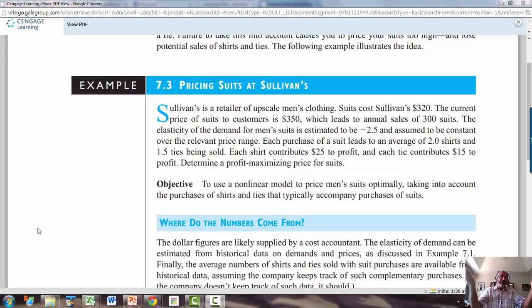So if you buy, for example, a smartphone, then you may want to buy a car charger and maybe a cover and so on. So how do you price the main product, and how do you price the subsidiary or the accessories? So that's the